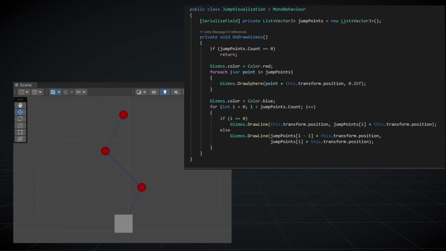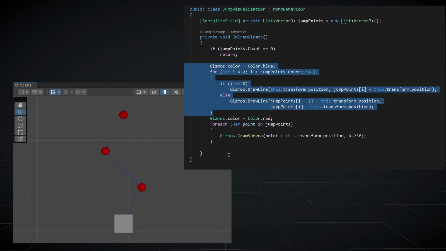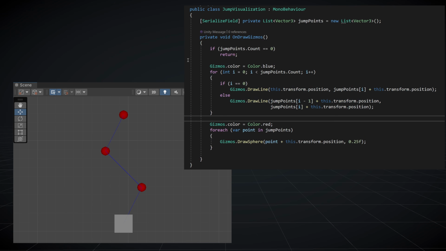Quick style comment, if you don't like those lines showing through the spheres, or in reality being drawn on top of the spheres, you can move the code that draws the lines above the code that draws the spheres. That'll make sure that the lines are drawn first and then the spheres, making things look a little bit neater,